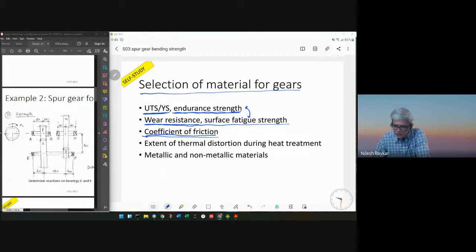So, material coefficient of friction. And also for gears, because of the high contact stresses, their surface hardness needs to be improved. So gears are never used in as-machined condition for regular load applications. If there is a very low load, then you need not worry about the surface hardness. But otherwise, you have to make the surface hardness proper. For that, you have to give some type of heat treatment, maybe nitriding or carburizing or some other way.